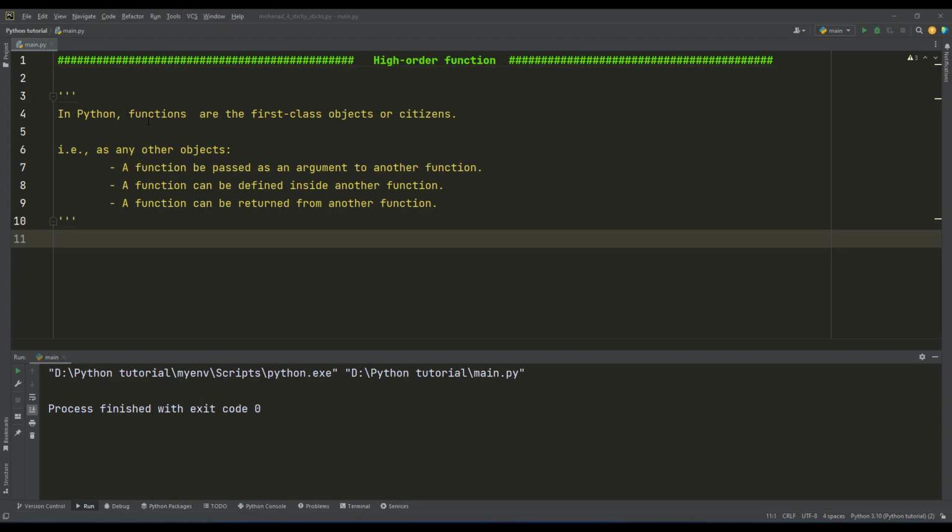In this tutorial we will learn how we can code higher order functions in Python. In Python, functions are first class objects, or citizens. What does that mean? A first class object is an object that can be passed as an argument to